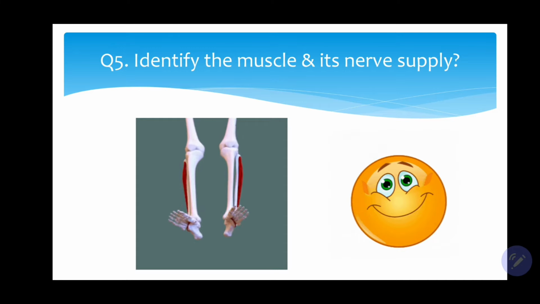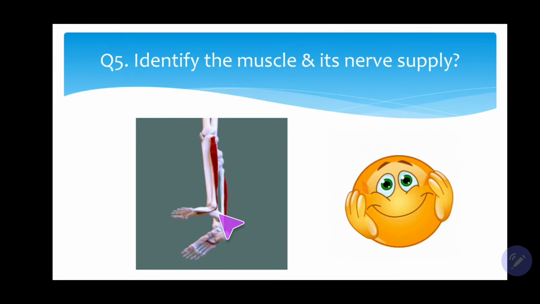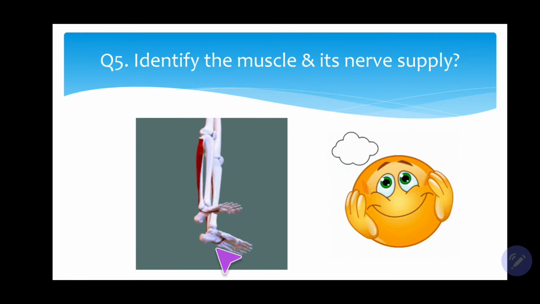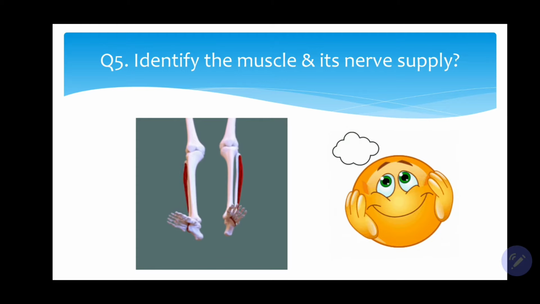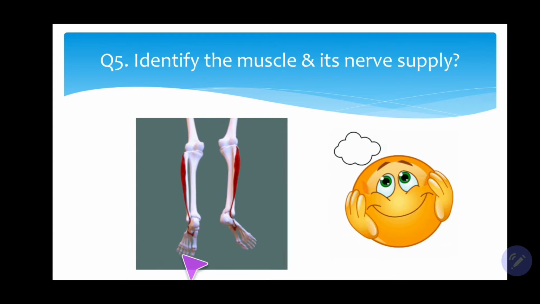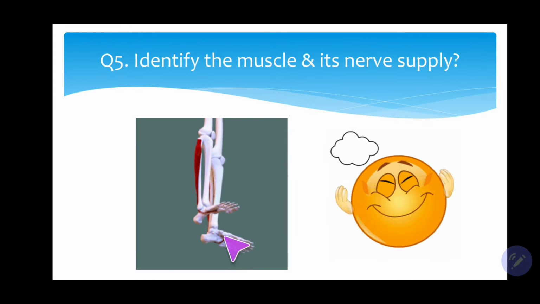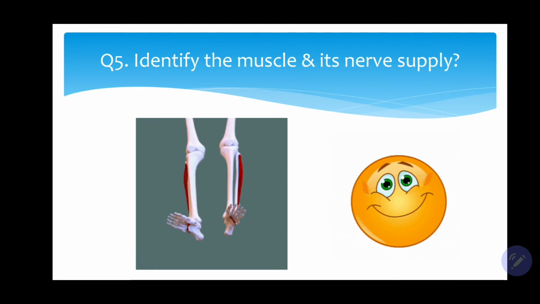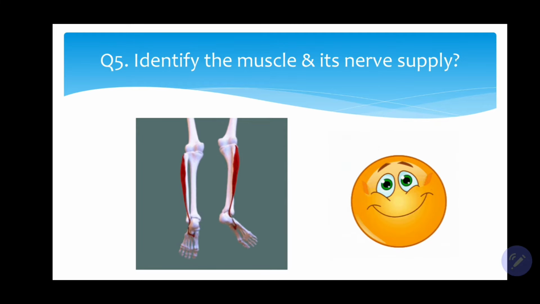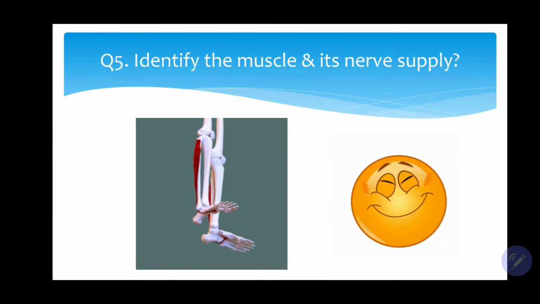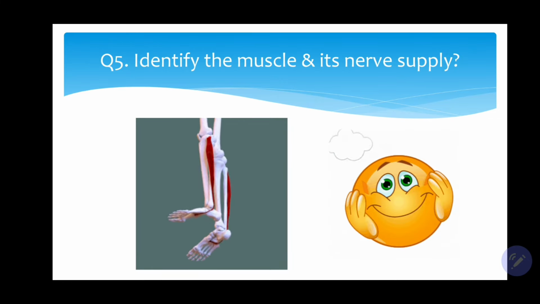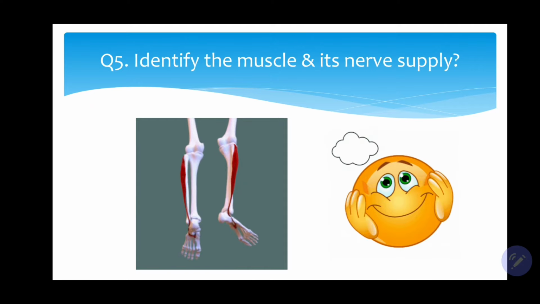And then Peroneus longus, you can see it winds below on the plantar aspect to the base of this fifth metatarsal, and winds from the lateral to the medial side, crossing the tarsals, the distal row of the tarsal bones, and reaches down here onto the medial aspect where Tibialis anterior was inserted. I told you the same point: on the plantar surface of the base of the first metatarsal and medial cuneiform on the lateral side, while on the same two bones, the plantar aspect of the first metatarsal and medial cuneiform on the medial side, it was